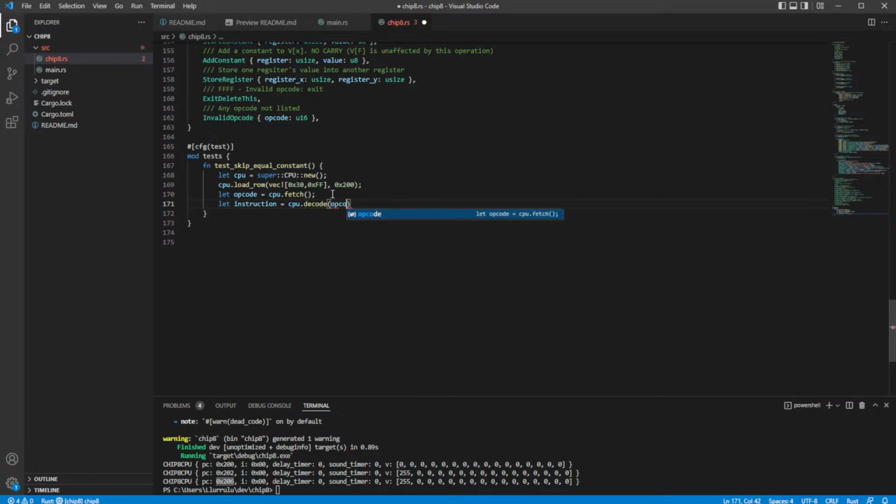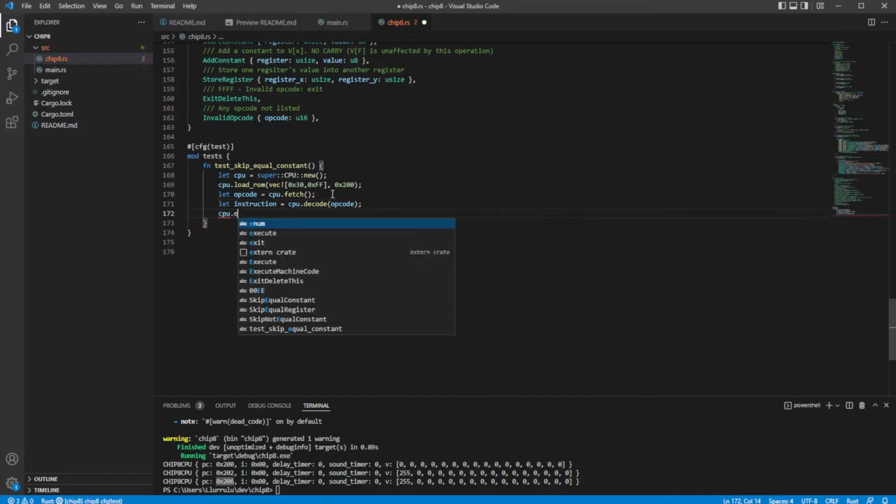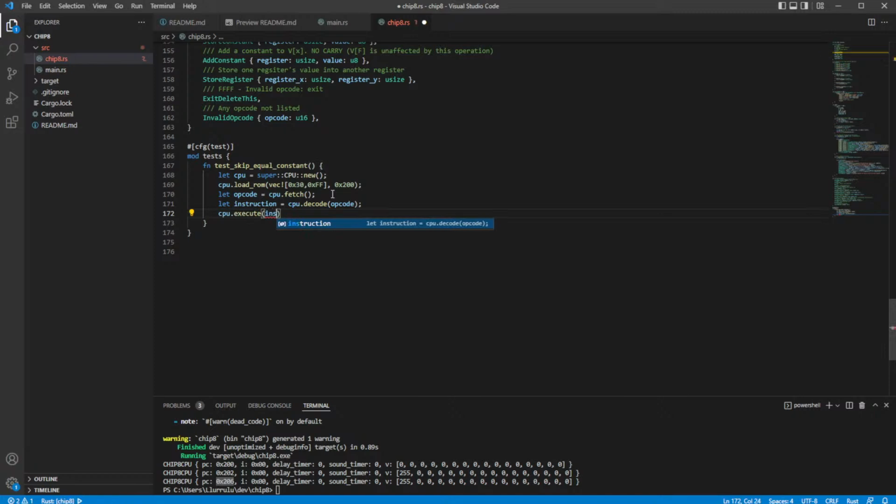Decode. This should all be wrapped up in a single step function. Just do the next step, which will do a full fetch, decode, execute. Okay. Insert equal. We want the